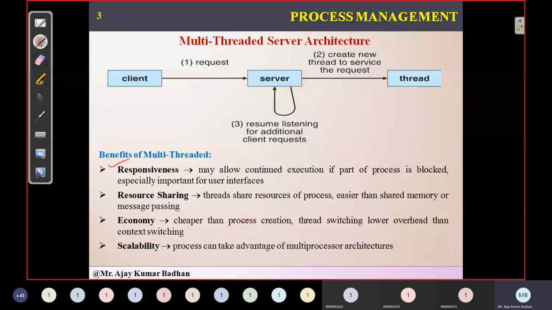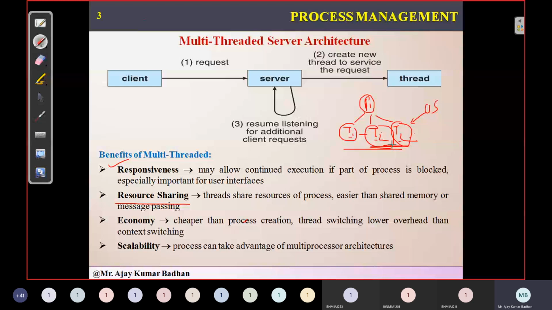Okay. Next comes resource sharing. Obviously the resources, as we already discussed, whenever a particular process is creating a thread, that thread will be accessing resources from that particular process. So there is no burden for the operating system to allocate resources to this thread. So definitely it is much better. All the threads created by one particular process can share the resources among each other. Suppose T1, T2, T3 belong to process P1. Whatever resources P1 has can be accessed by T1, T2, T3, and they can share the information.